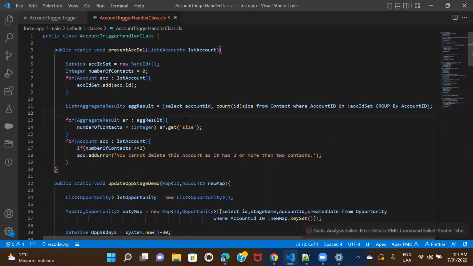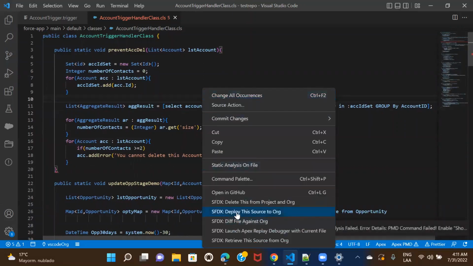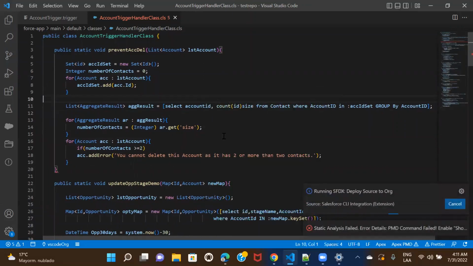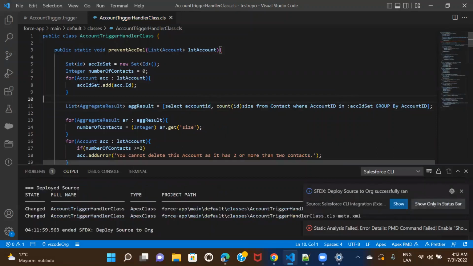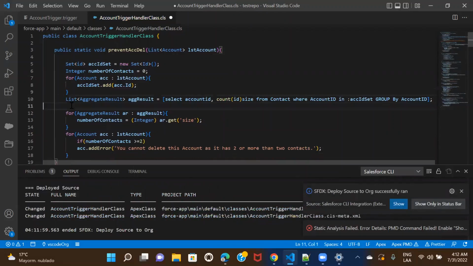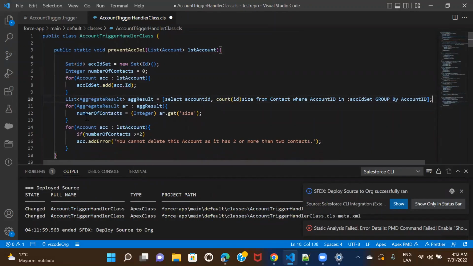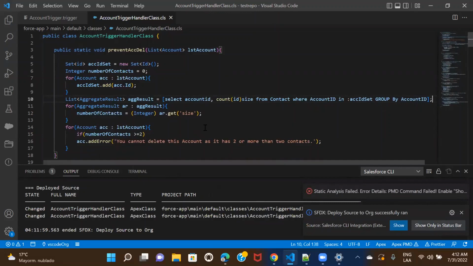Everything looks fine. Let me try to deploy this. Not sure why it's showing an error. Okay, this is deployed. So let's just have a look at it again before we go ahead and call this method into the main